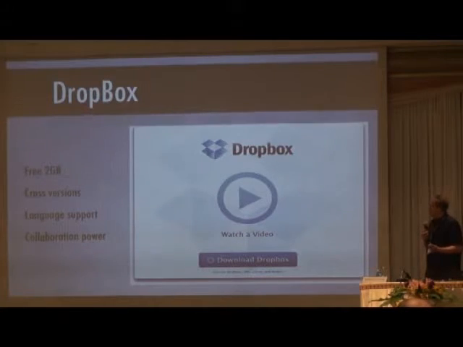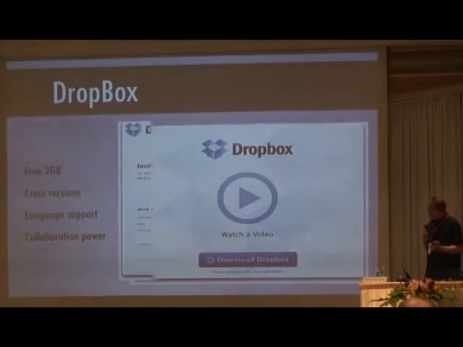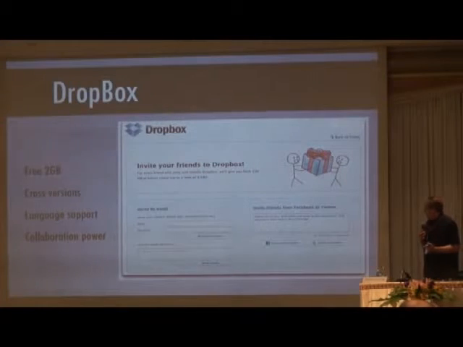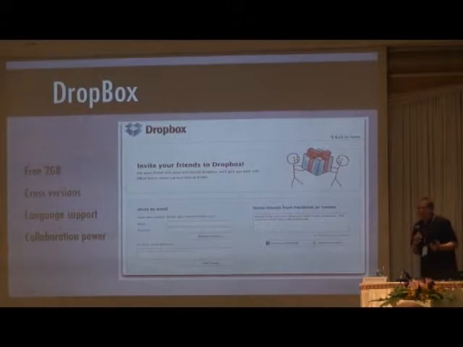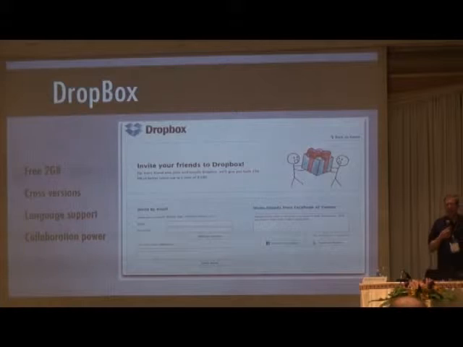You can have 2 gigabytes for free, but you can also gain up to, it says up here, up to 8 gigabytes by inviting other people to join you using Dropbox. I think I'm up to maybe 3